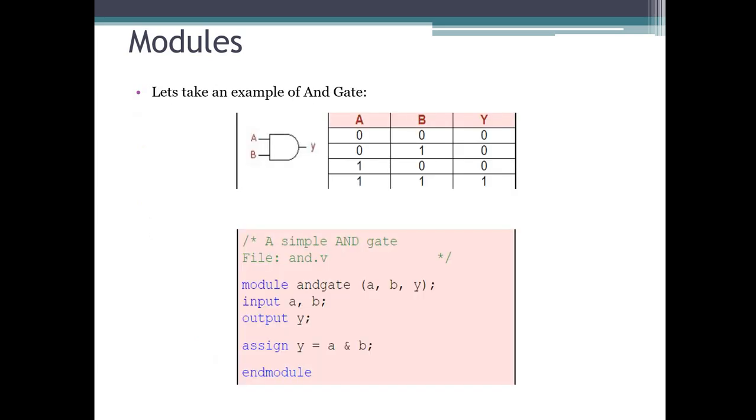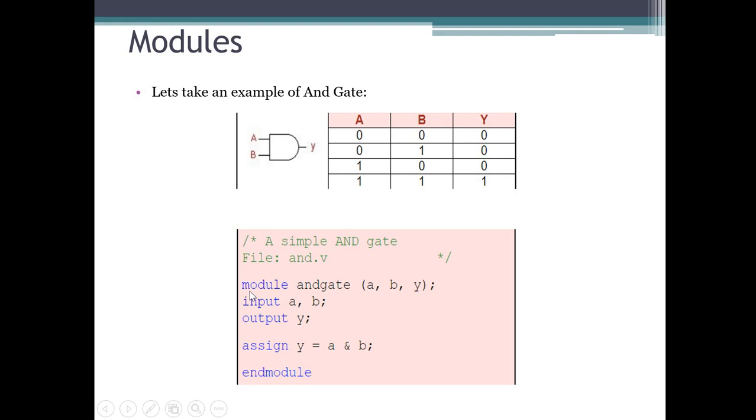Let's move further. Okay, so let's take an example. It's a very basic example of an AND gate. As we all know, this is the truth table of the AND gate, where if both inputs are 1, then we are going to get output 1. Otherwise, in any other case, the output will be 0. And this is a diagram of the AND gate. Let's relate whatever we read in the previous slide. We are going to implement it here.